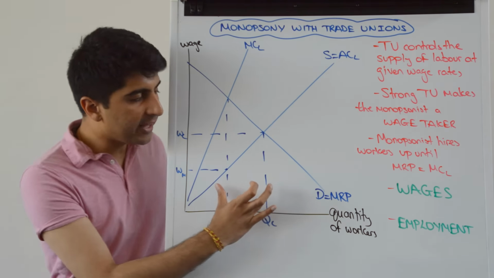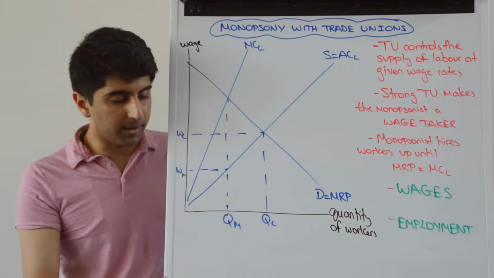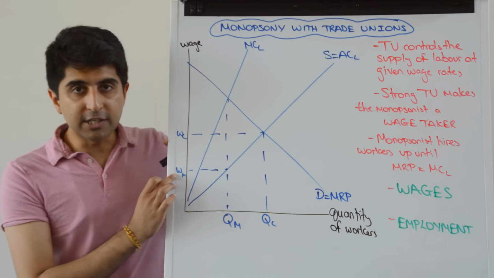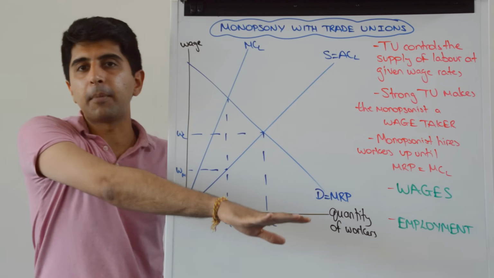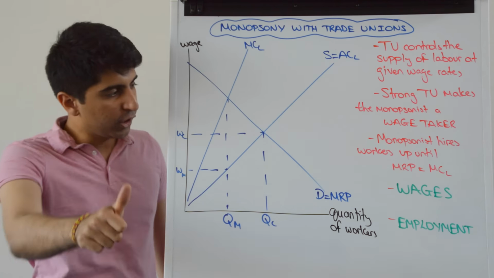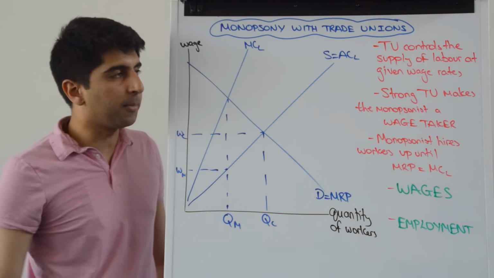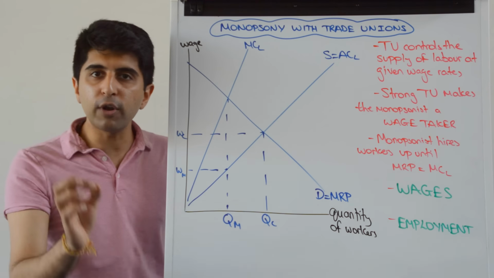What I've started with here is the basic monopsony labour market, and we can see the end outcomes. The quantity of workers way less than competitive quantities, and the wages on offer way less than competitive wages. Outcomes we're used to considering from my previous video on monopsony. Great stuff. Now let's see what a trade union will do in impacting this market and getting involved in this monopsony market. First, let's remind ourselves, what do trade unions do?